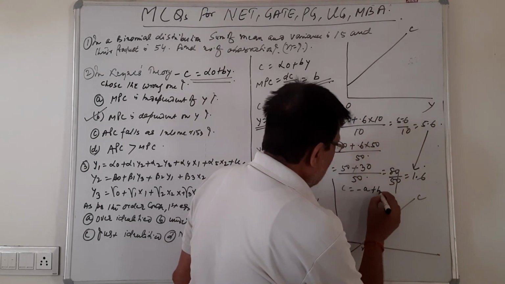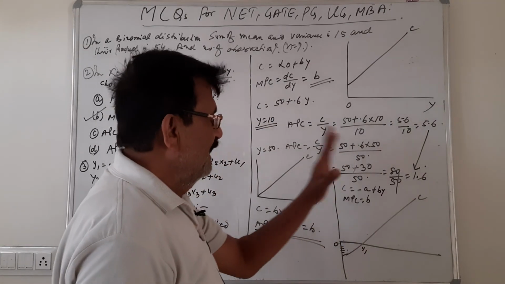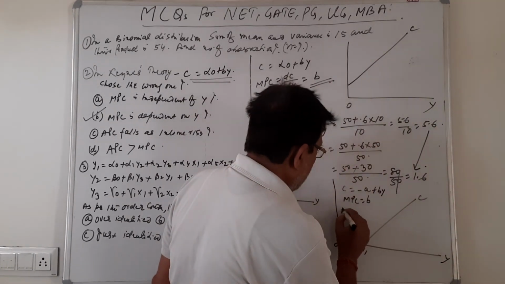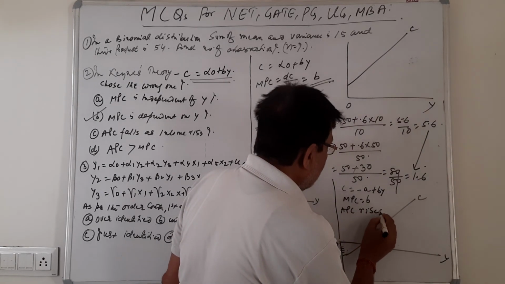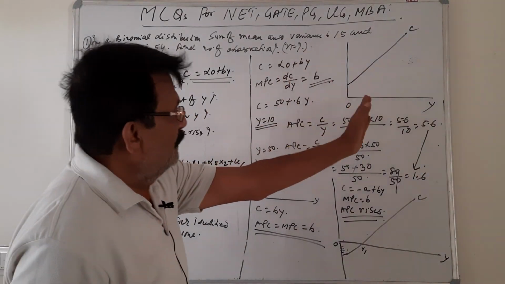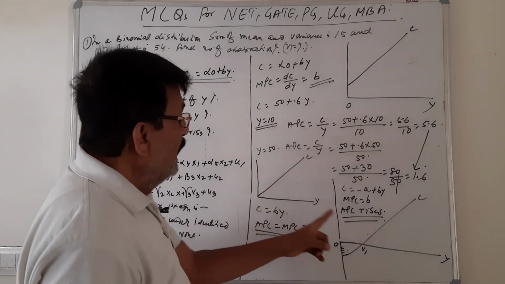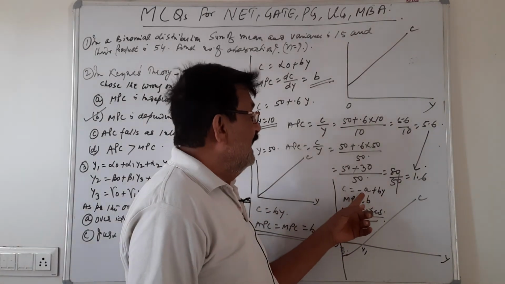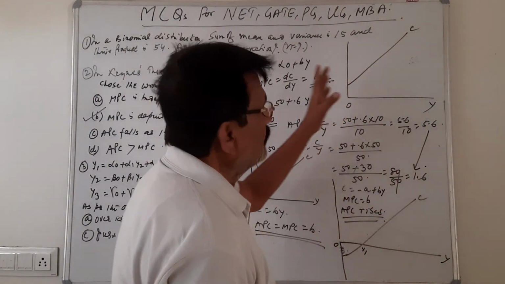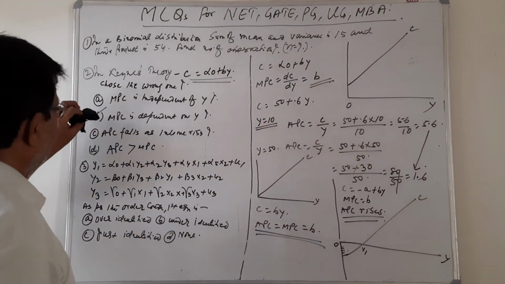For such consumption functions, C equals minus a plus b y, MPC remains b, constant, because it is a linear curve, but as income increases, APC rises. In Keynesian case, APC falls. In long run consumption function, APC and MPC remain constant for any level of income, and if consumption function has a negative intercept, then as income increases, APC rises. So these are the three types of consumption functions that I have explained.